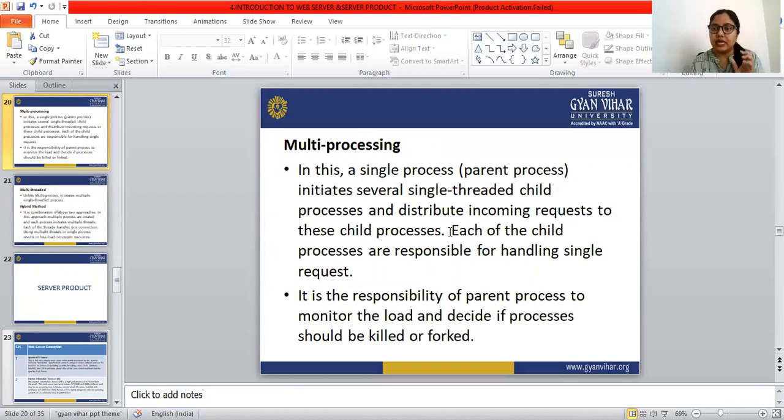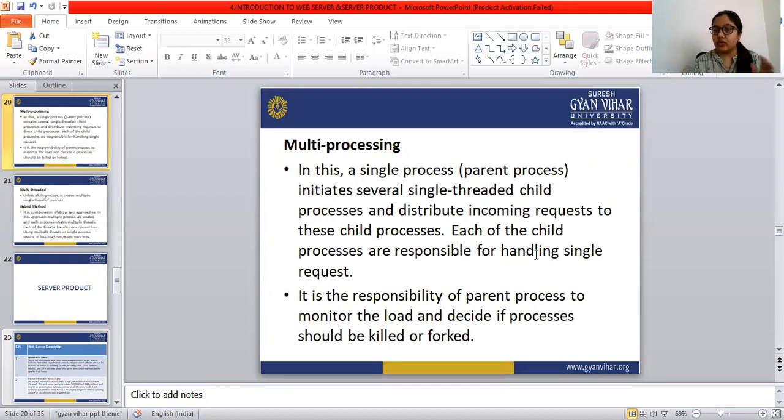When multiple clients request the web page, those multiple requests are sent to the child processes. Each child process is responsible for handling a single request.